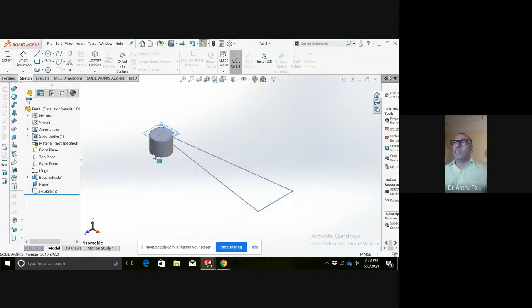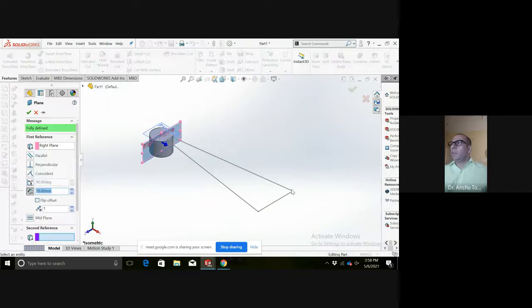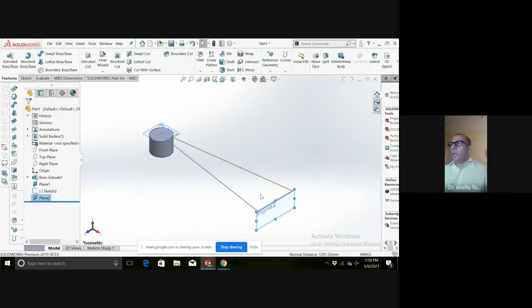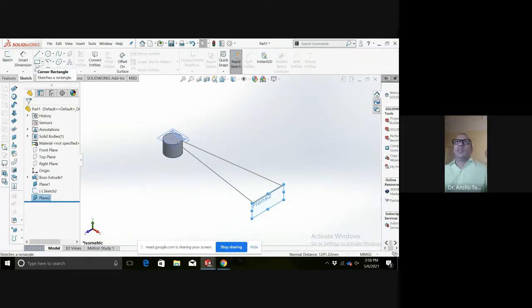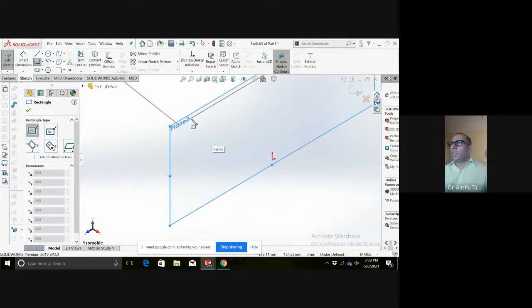I will come out of the sketch. Right plane, features, reference geometry, plane, and this point. So I've got a plane. Now I will draw a rectangle here. Of 6 inches already.